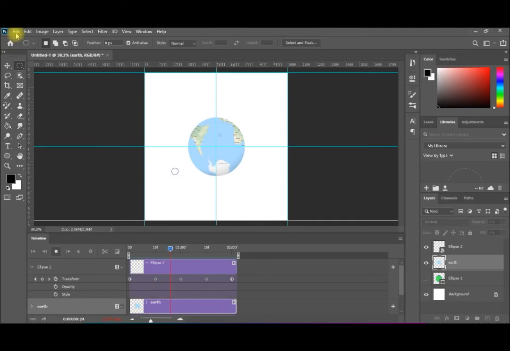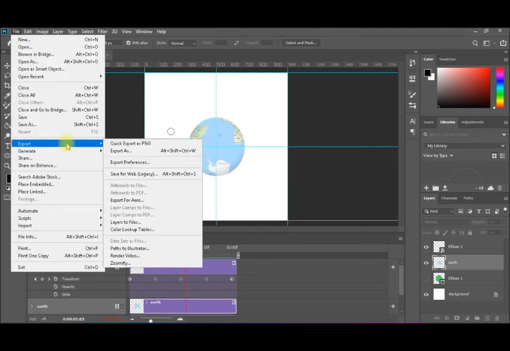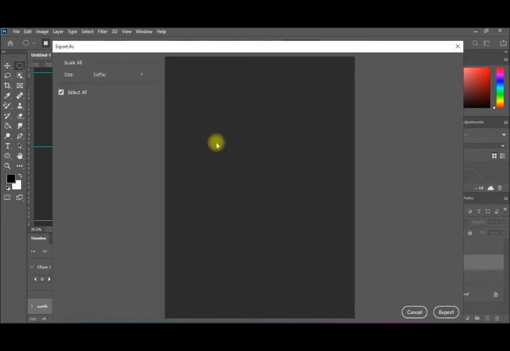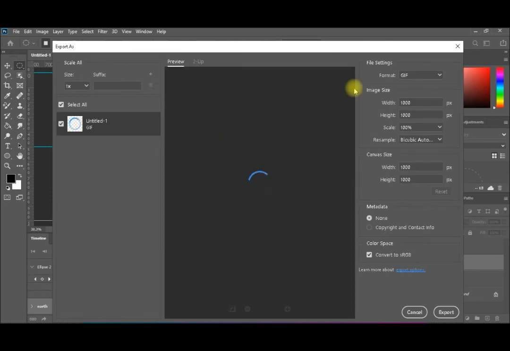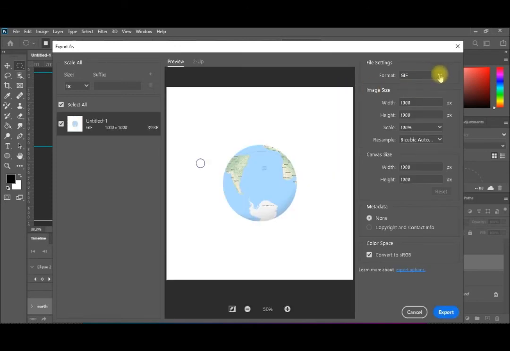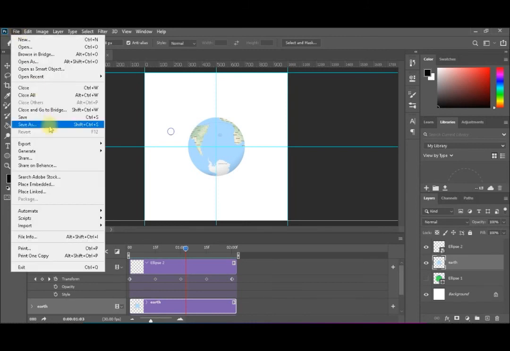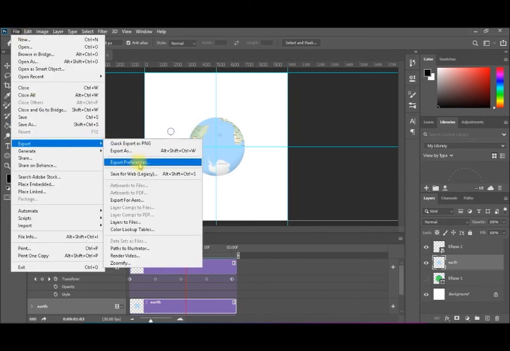Now the last point in our videos, and I can come to File, Export. If you are going to use it on Twitter or using it in other place, you have two options: either to export as, and from the file settings you select the GIF file setting. Okay, or the one which is working best if you are going to share it directly on the social media, they export, save for web